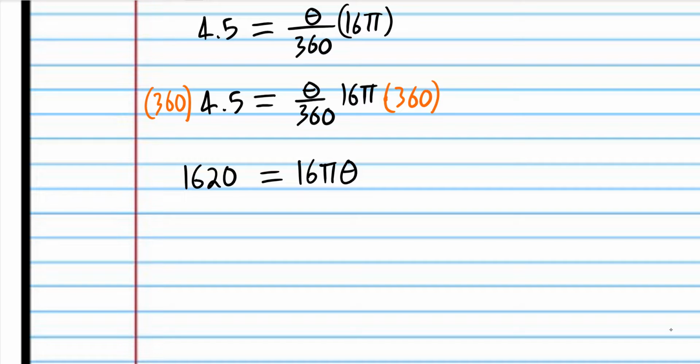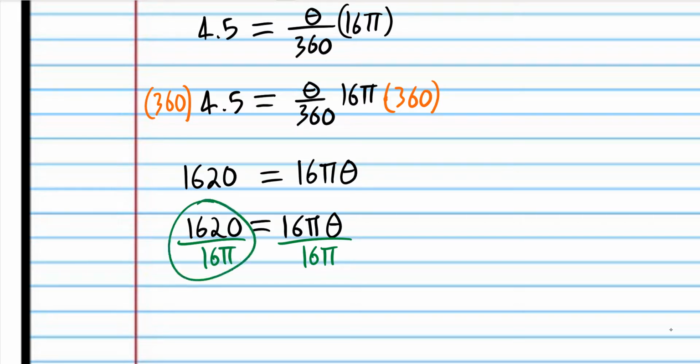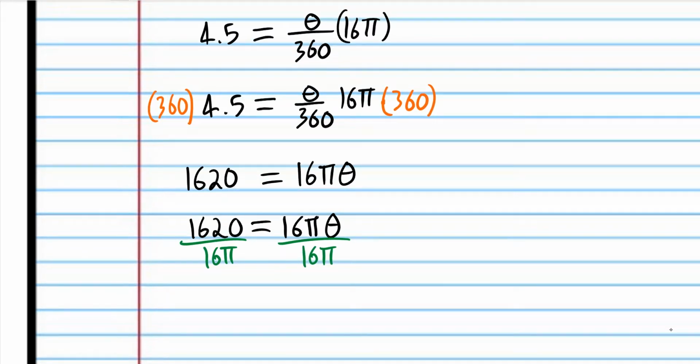And now we're going to divide both sides of that equation by 16 pi, because again we're trying to isolate theta, trying to find theta. Now entering this into your calculator can be a source of potential problems. The easiest way to do it is to take 1,620 and then divide by 16 and push the equal button,